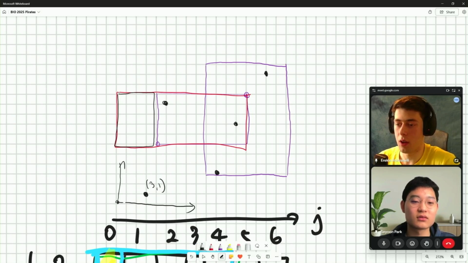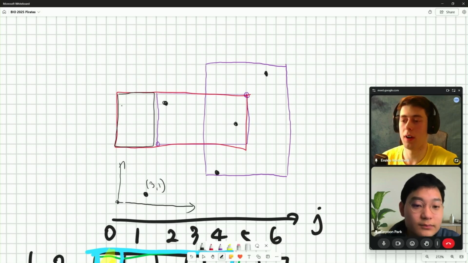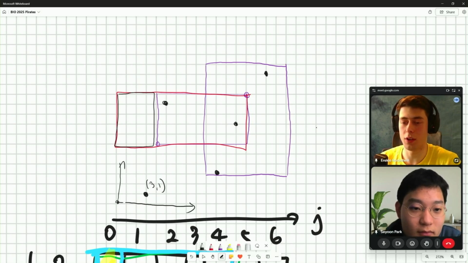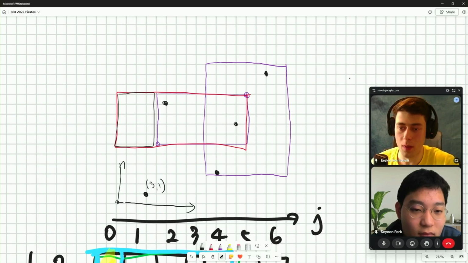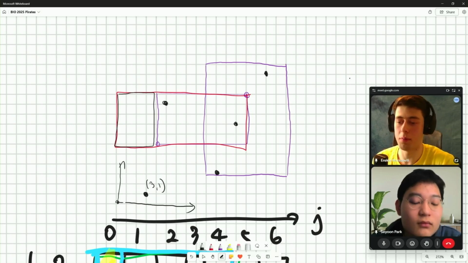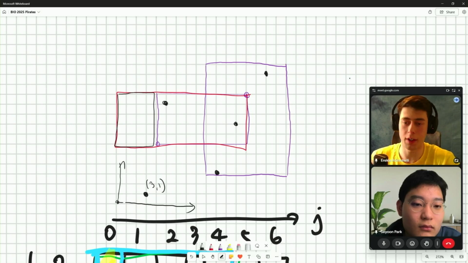Then we can calculate the number of points in each of these two, the black one and the red one. We can do that without pre-computing the prefix sum data structure, but we can only do it once, in the sense that we have to know all the queries beforehand, and we just go through them in one pass and do it offline.